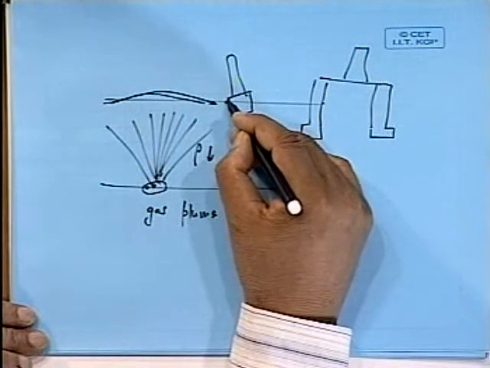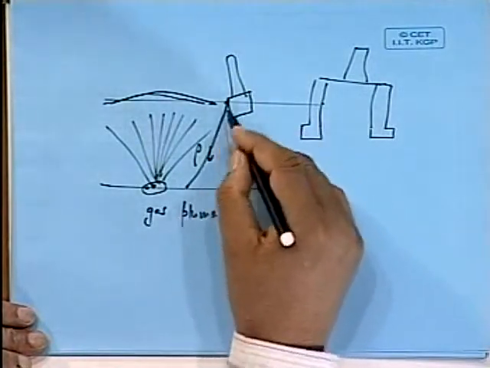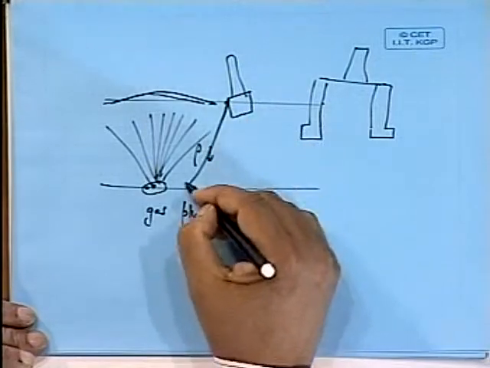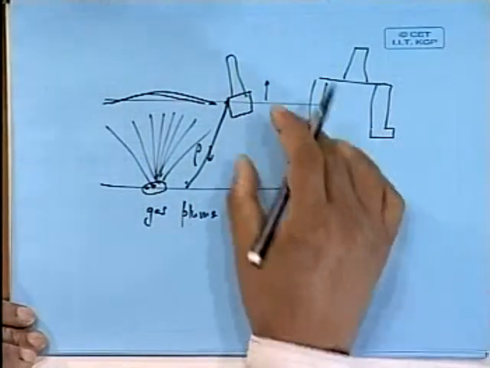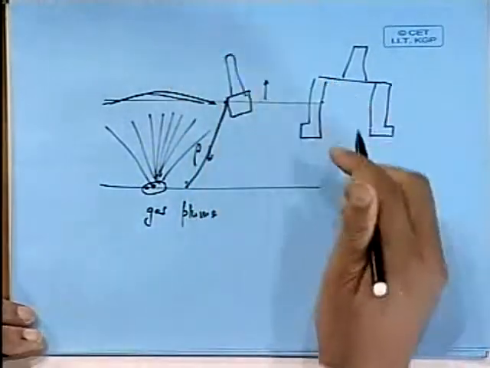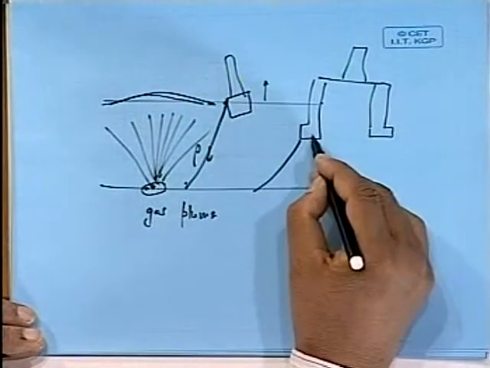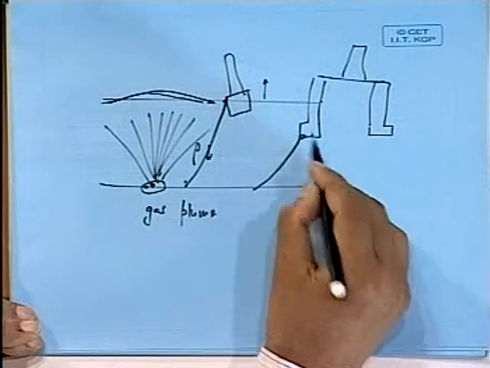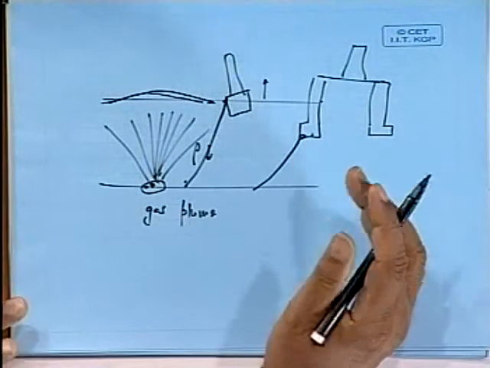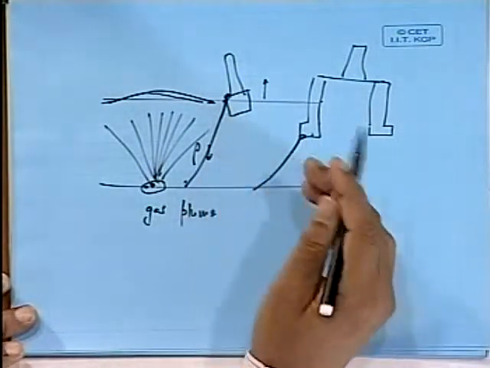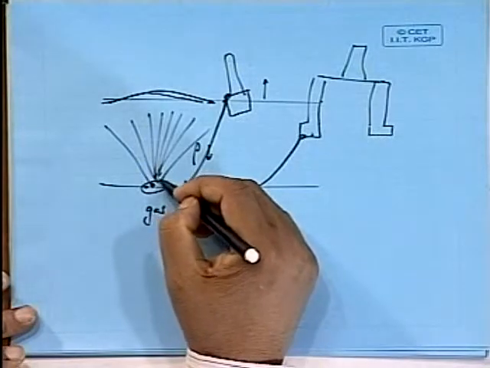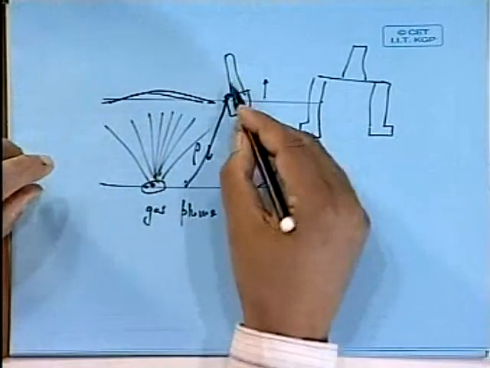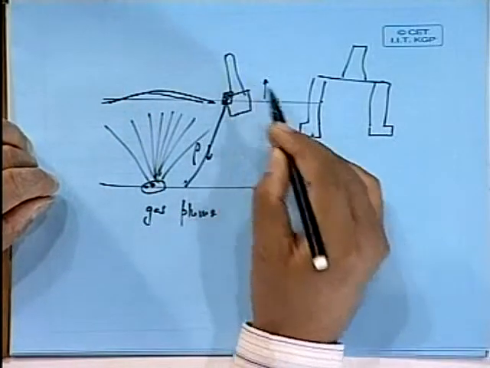and because it goes up, if there is a wire on this side, then this line is fixed, the ship is trying to go up, so it will try to heel. But if it is on this bottom side, as it goes up, this actually heels on the other side. So this effect has to be considered depending on the mooring line. If there is a gas plume there, you have to find out what effect it may have on the stability of these vessels, and that also depends on the mooring line location.